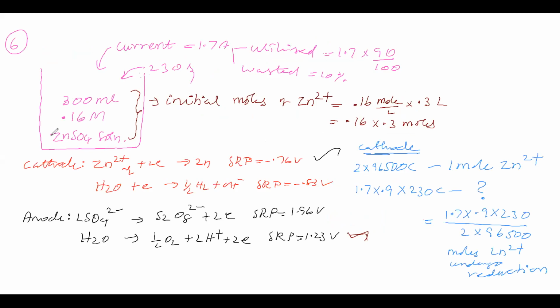Okay, we will see. Here you have taken a zinc sulfate solution and you are using it for the electrolytic process. One student says 0.154, one student says 0.16. Okay, let us discuss again. We are taking zinc sulfate solution here. The concentration of zinc sulfate is 0.16 molar, so the concentration of zinc ions is 0.16 molar.